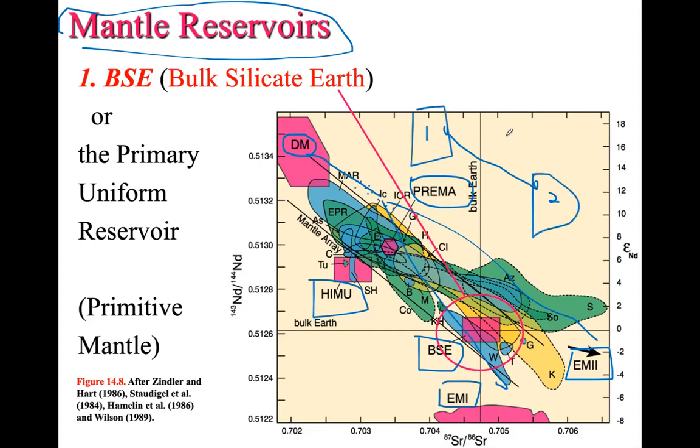In some situations your sample might be plotting somewhere here. One set of samples is plotting in this way, linearly, and another set of samples is deviating from that line and plotting somewhere here. In that case, you can consider another component has affected it. So it may be affected by three components. In this case, we consider three-component mixing, some mixing from here, some from here, and some from there, so that your sample deviates towards this direction. So likewise,